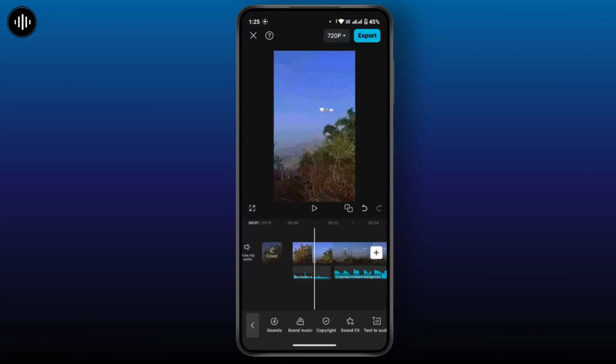Once this video is exported with more than one song, you can use this video to share in your Instagram as a reel. So that's the way to add multiple audio in your Instagram Reels, and that's all for this